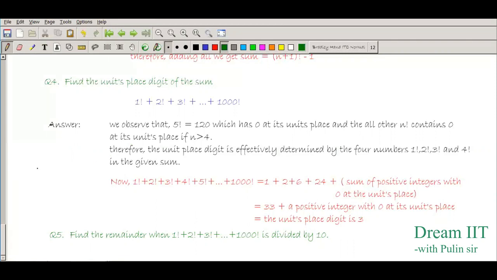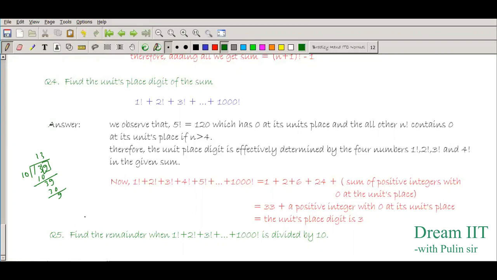So, for example, if I ask you a number, suppose 139, I ask you to divide by 10, and I am asking what is the remainder, right? So you can easily divide. I'm showing you the division so that you can easily make out what's the fact behind. So it will be the unit place digit that is left out, right? Because if you subtract the unit place digit from the given number, that place will become 0. And once the last digit becomes 0, it automatically becomes divisible by 10.